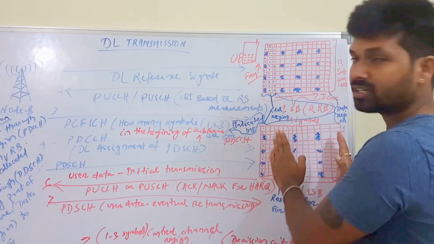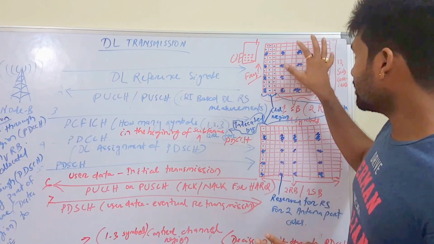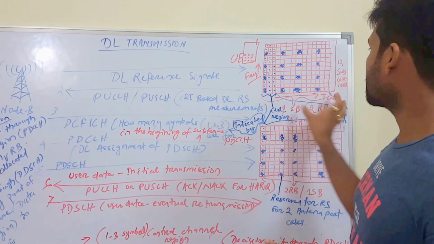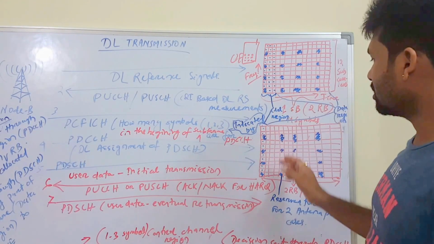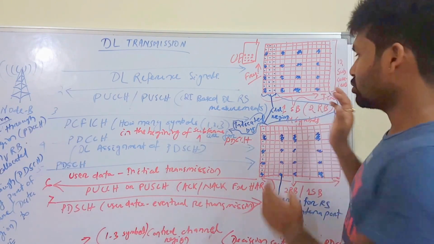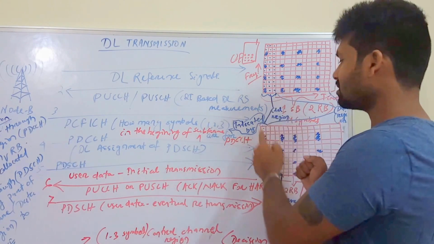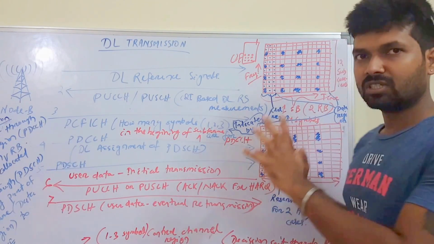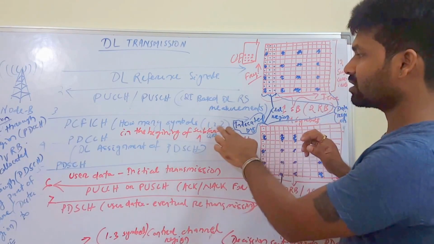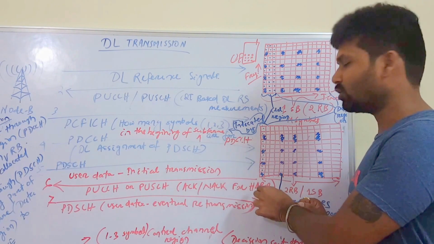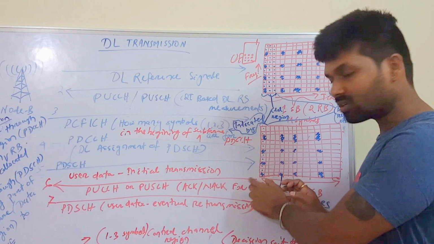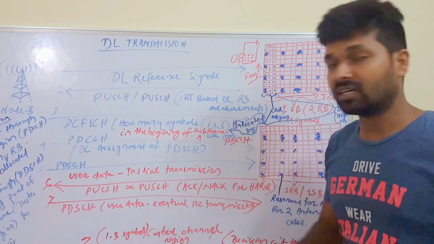Here in this case 13 symbols. All the rest of the symbols are called the data region. This is the data region, this is the control region. Here this much is control region and the rest of the things are data region. So in the control region we normally transmit the PDCCH, and in the data region we transmit the PDSCH, or the actual user data. Hope you really understood this now. If it is 2, then we'll have 2 symbols for control information, or for the control region, and the rest of the things will be for the data region.